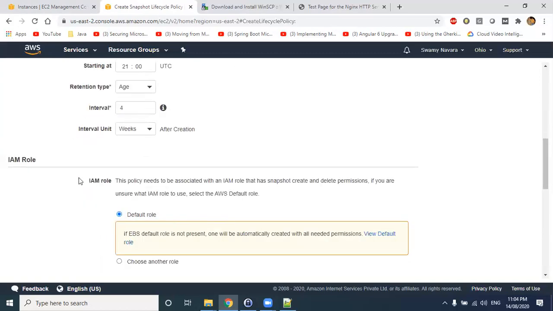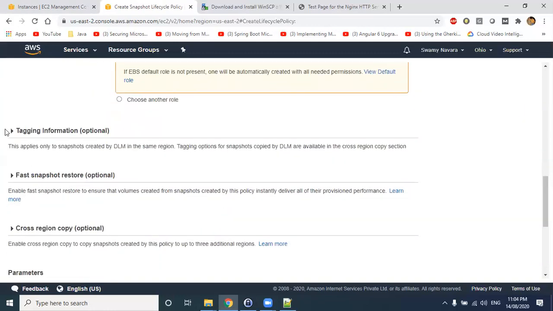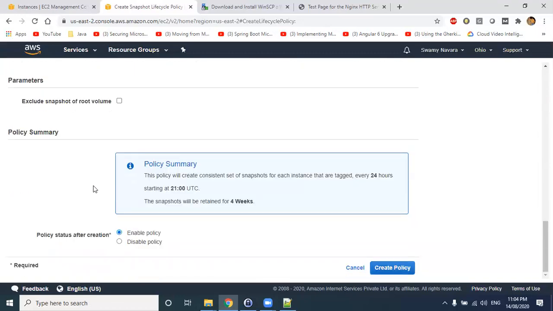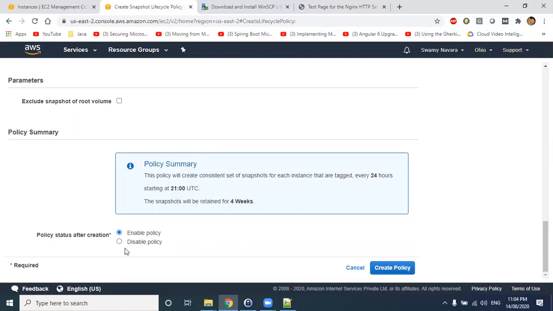Okay. Then IAM roles, for now we keep it default. Then other information, these are optional, just to identify your policy. And on policy, don't worry too much about this, just keep it on enable policy. We will see it when we are discussing the policy generator in S3.